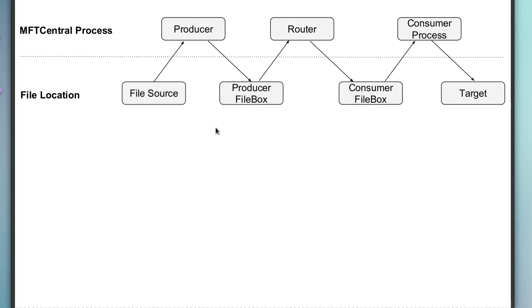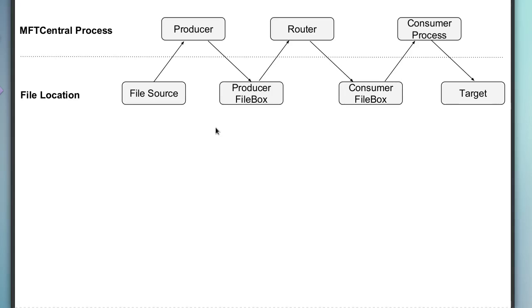In the next stage, the router process goes out and looks at a router database that connects producer file boxes with consumer file boxes. It might be a static rule, it might say all files that land in producer file box 1 route to consumer file box 1, or it might say all files in that file box that are of a certain size go to this box, a different size go to a different consumer file box. So it's a complex set of rules that allows you to act like essentially a router or a switchboard operator, where you can make different connections to different